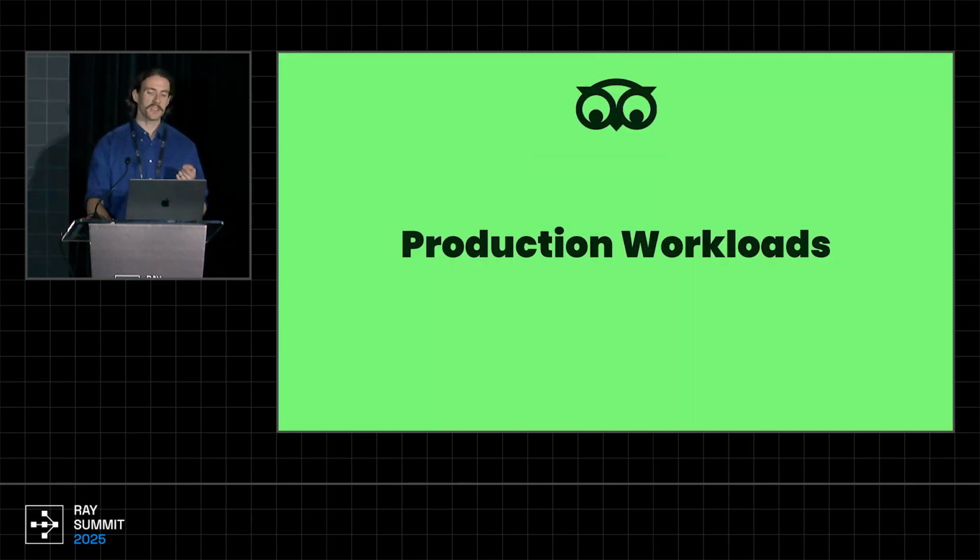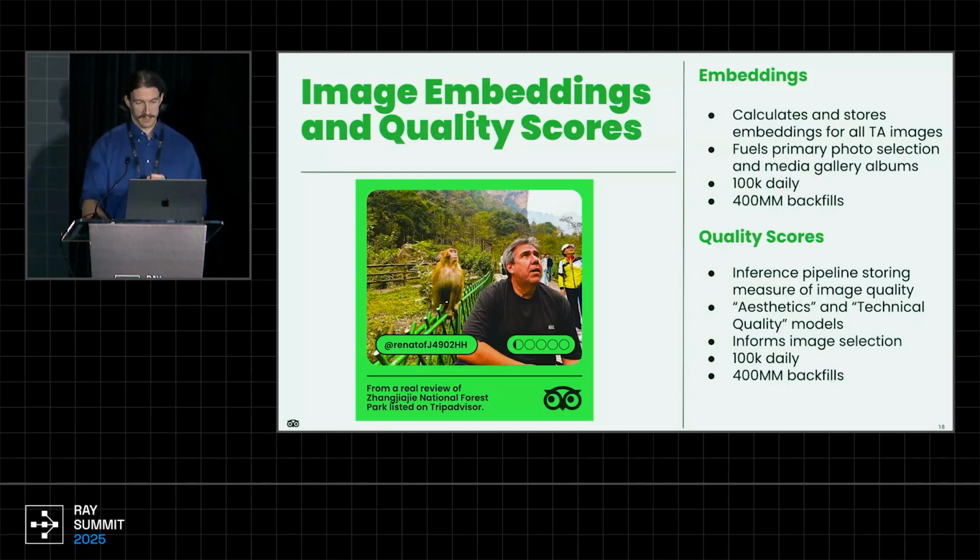So I'd like to talk about some of the production batch pipelines that we've migrated so far from Kubeflow to Anyscale. I've got 4 examples to discuss across the image data science domain and locations data science domains. So to start with our image processing, we have 2 pipelines here, one standard batch inference pipeline, another quality scores pipeline. So the embeddings pipeline computes and stores embeddings for all images that are published to Tripadvisor, so it's very important. They're key components that fuel downstream pipelines and on-site use cases, so primary photo selection and media gallery